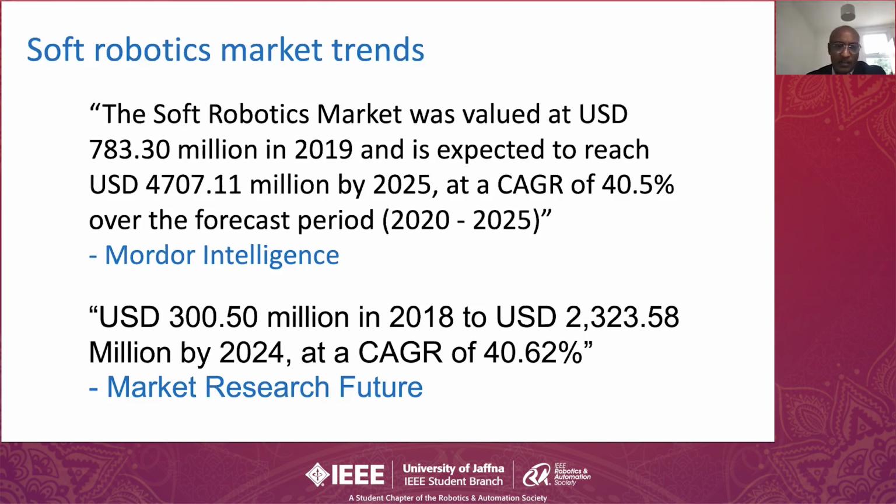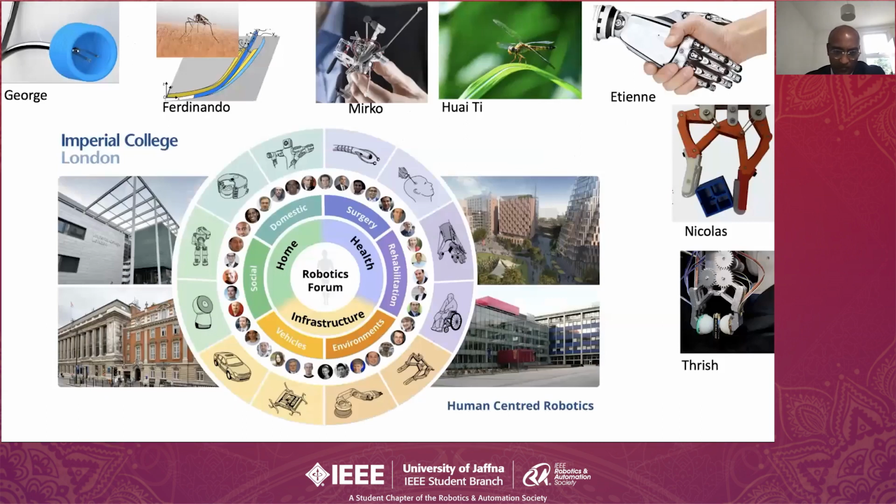So the Imperial Robotics Forum has 44 robotics labs. And we are organized into 3 broad themes like home robotics, health robotics, and infrastructure robotics. And under each, we have separate teams like domestic, surgery, rehabilitation, environment, vehicles, and social. And some of the labs, like George Malino's lab, are working on this kind of soft anchoring in gastrointestinal surgery. Like, for example, this robot is going inside the body in the gastrointestinal tract, and when you want to do a surgery,